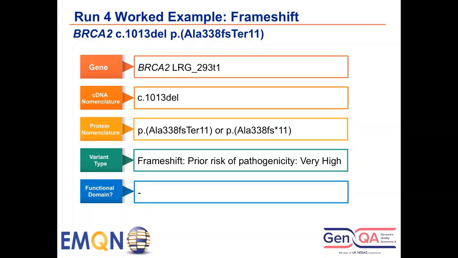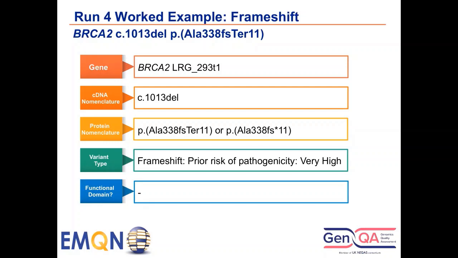My name's Miranda Durkee. I'm one of the assessors and I'm based in Sheffield in the UK, and I'm going to take you through another few worked examples. So we're going to start with a frameshift variant. This one is a single nucleotide deletion in the BRCA2 gene,